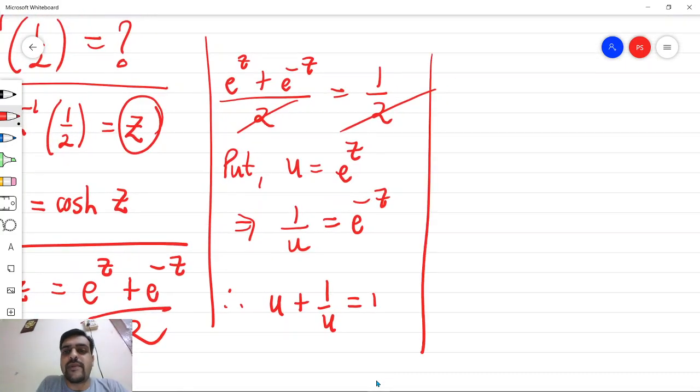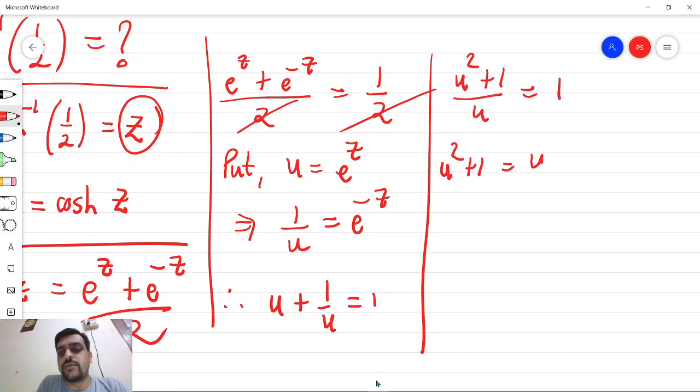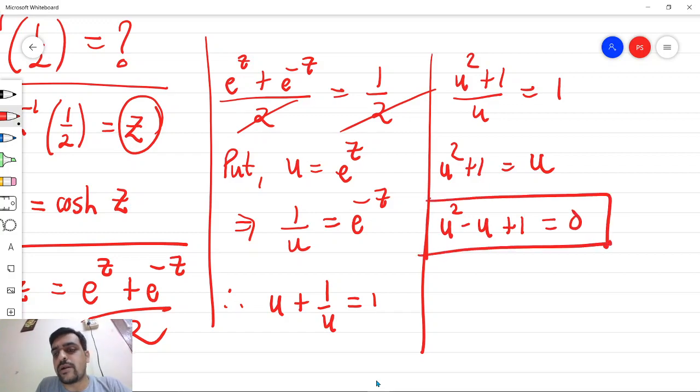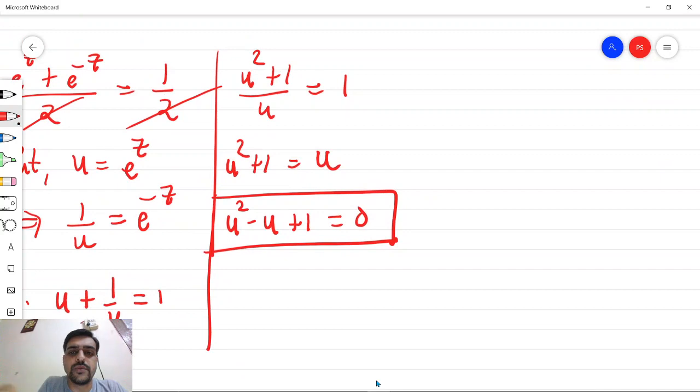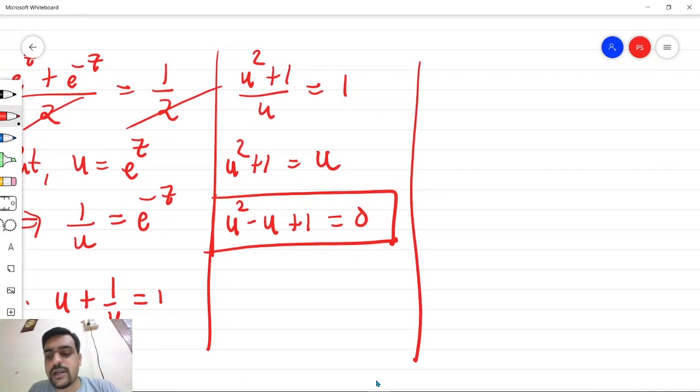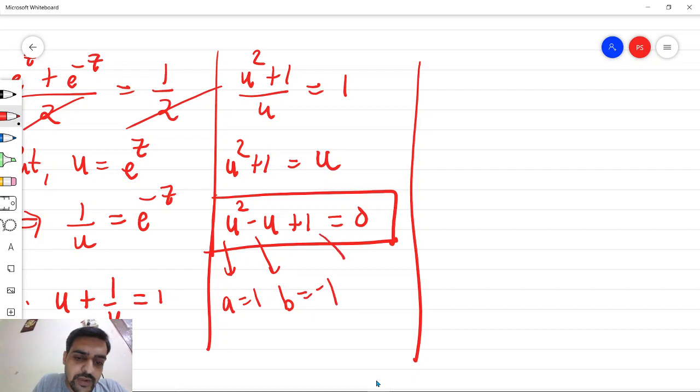Now this can be simplified as u squared plus 1 upon u is equal to 1, or u squared plus 1 is equal to u, or u squared minus u plus 1 equal to 0. So again we have come across a quadratic equation in u, which can also be solved in similar manner. If we identify value of a is 1, value of b is minus 1, value of c is again 1,